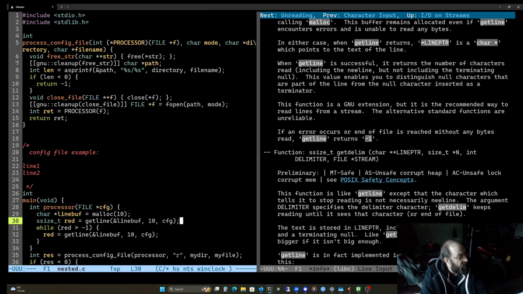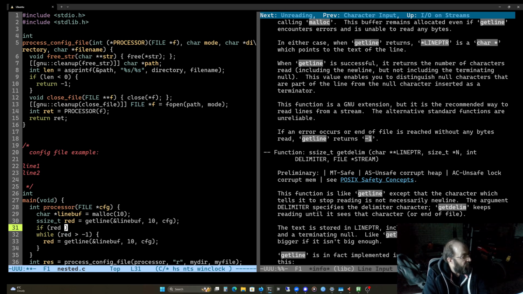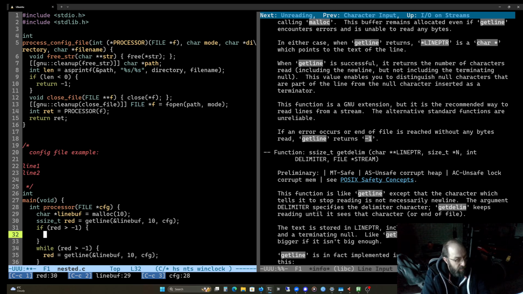Okay, so if red is greater than -1, then we should be able to go strcmp line buff, comma, I don't know, let's just do it like this.